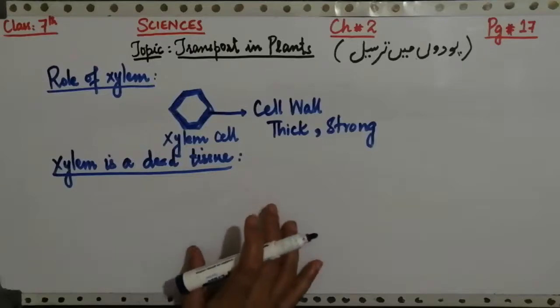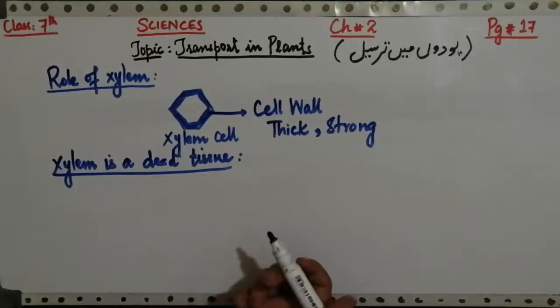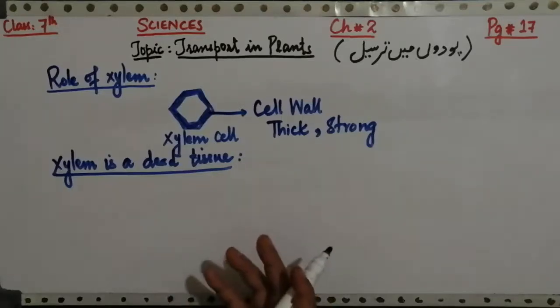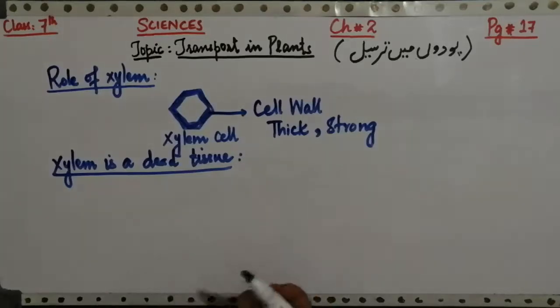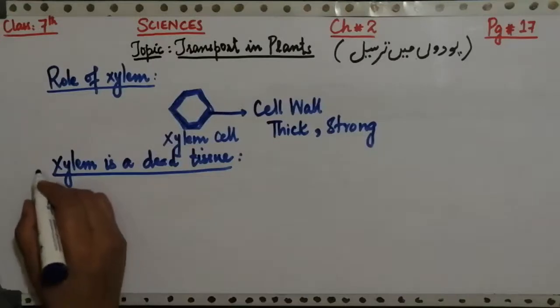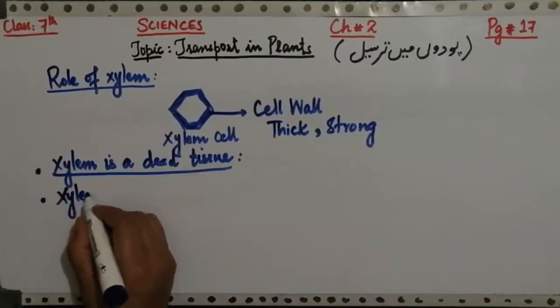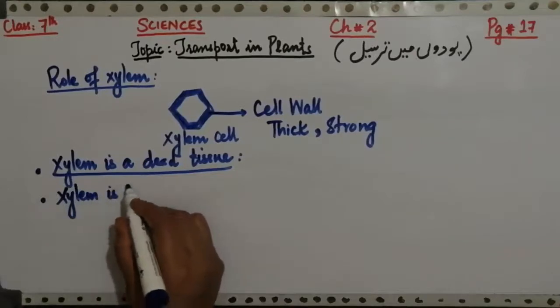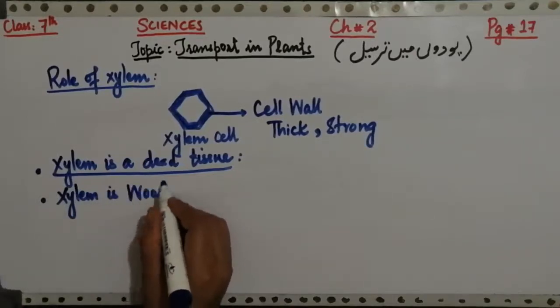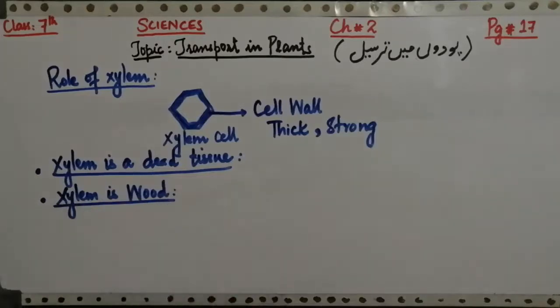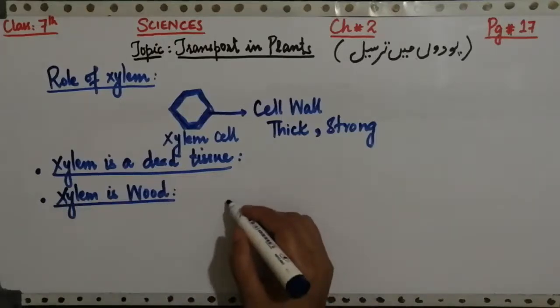ये ख़ास बात होती है कि ये लिविंग क्यों नहीं है, क्योंकि इन प्लांट्स सच एज ट्रीज़ में new xylem is made each year forming rings in the trunk. So xylem is wood. अगर हम कह दें कि xylem बेसिकली इज़ वुड, xylem दरख्त का जो आउटर ट्रंक होता है वो है।